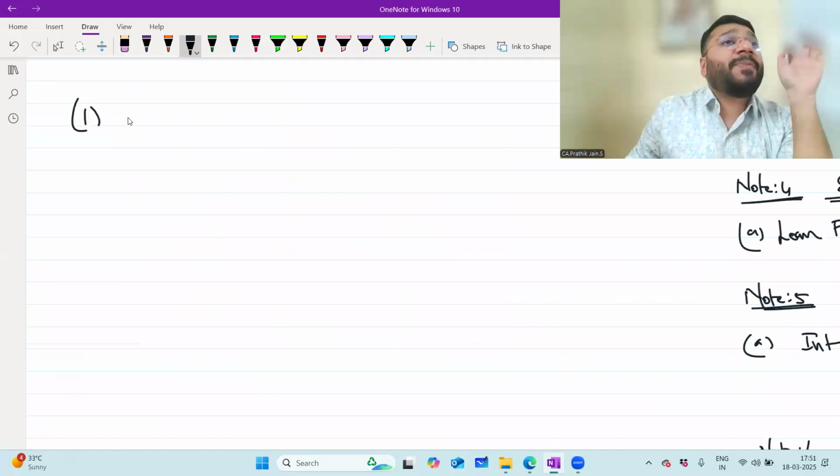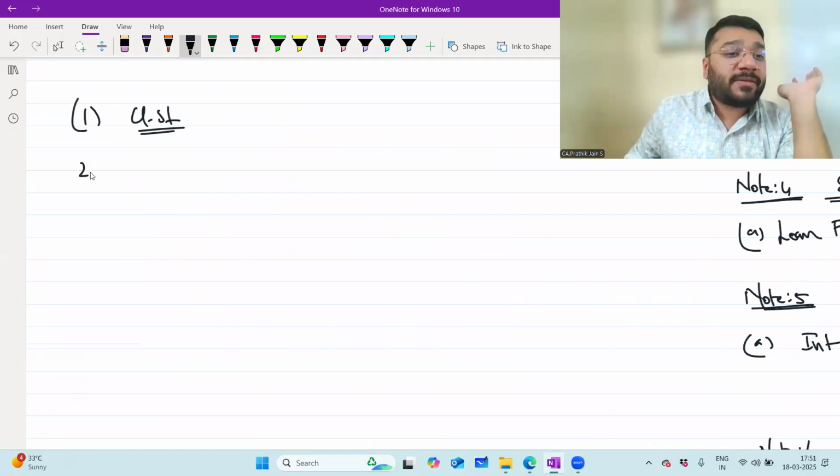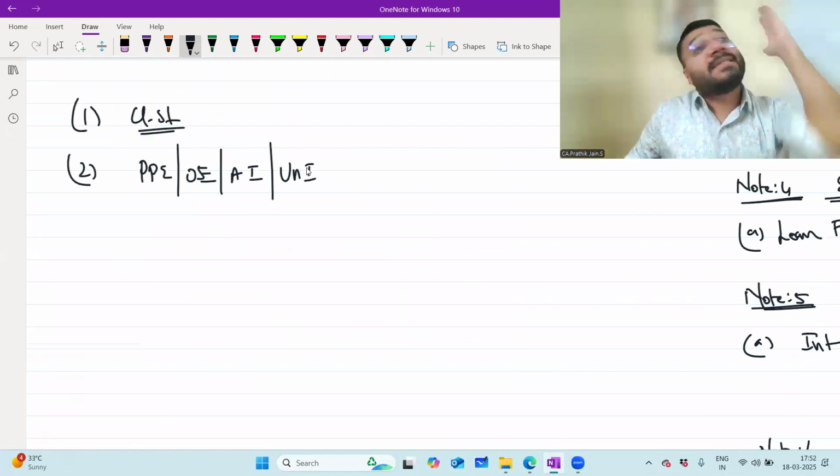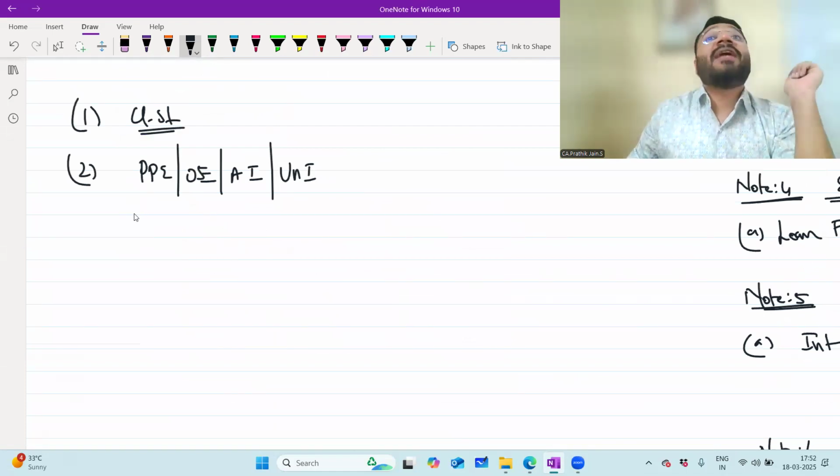So first is adjustment entries for closing stock. Next, prepaid expenses, outstanding expenses, accrued income, unearned income. So all these are adjustments. No, we've been studying since 11th standard. So these adjustments we have to do. Then